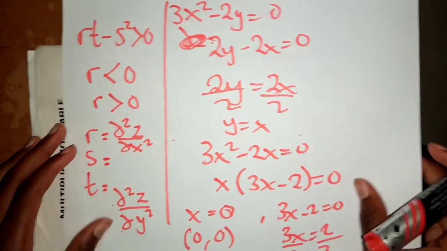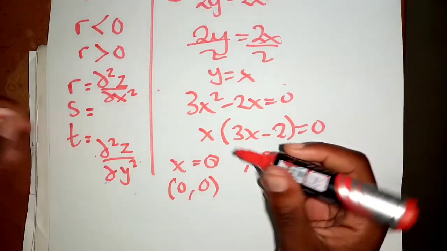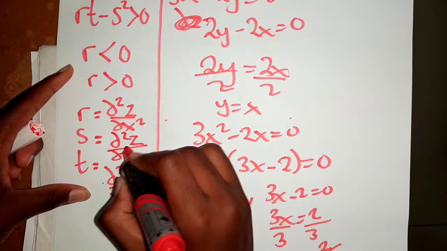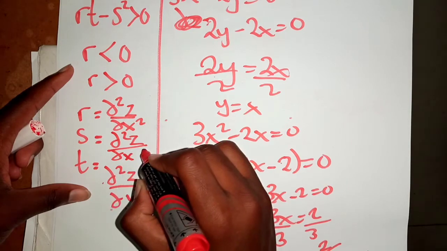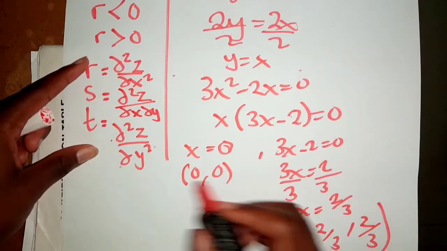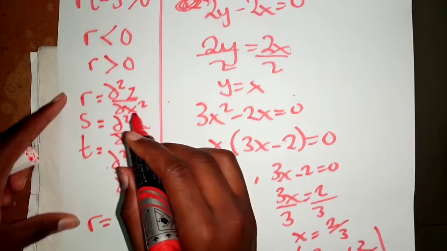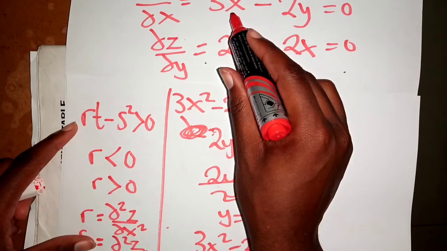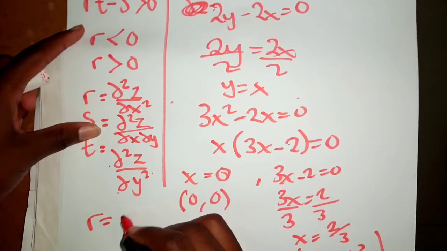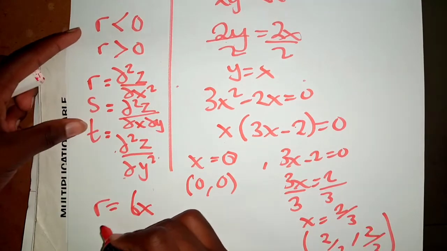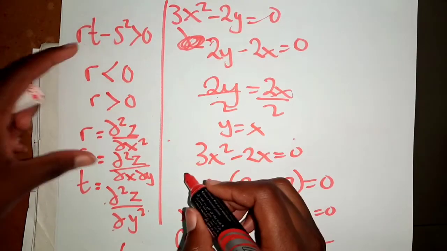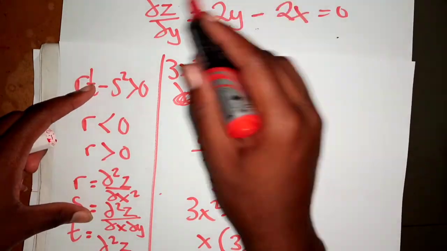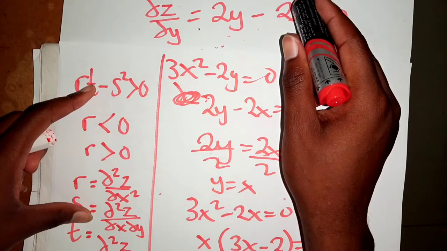So this one will be given by partial d squared z over partial dx over partial dy. So now our r is the second partial differentiation of x. So here we are going to have 6x, r is 6x, and then s is equal to, s will be either of the two, but then you're going to differentiate them with respect to the other variable. So partial dz